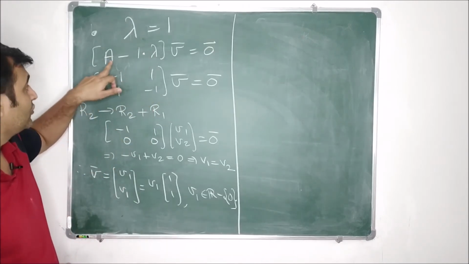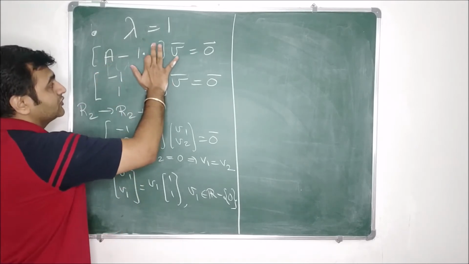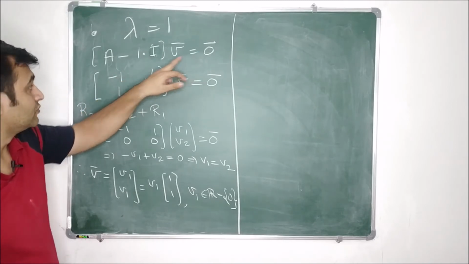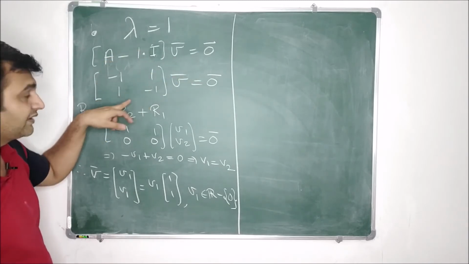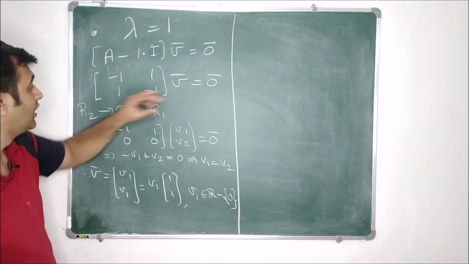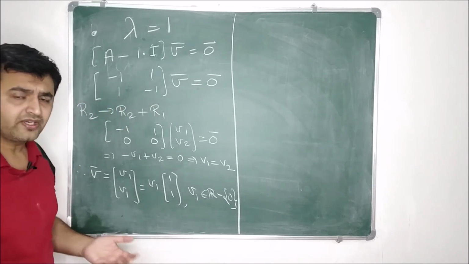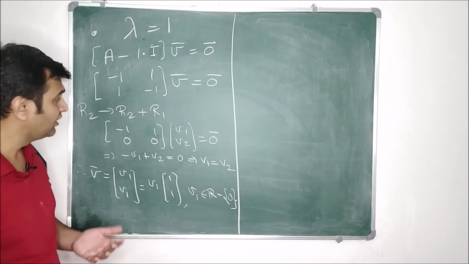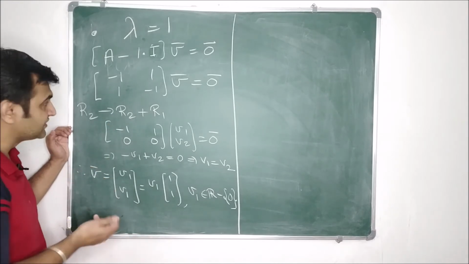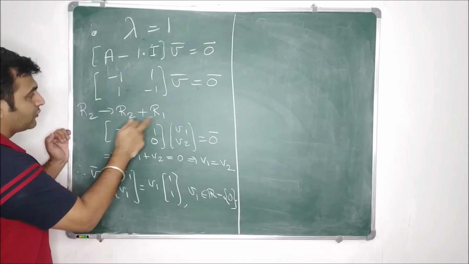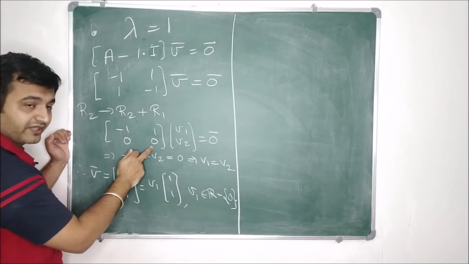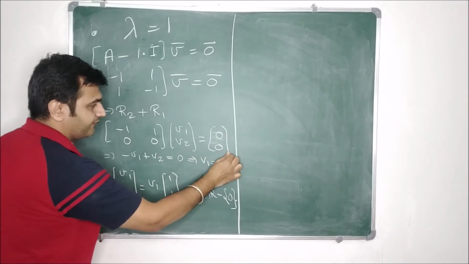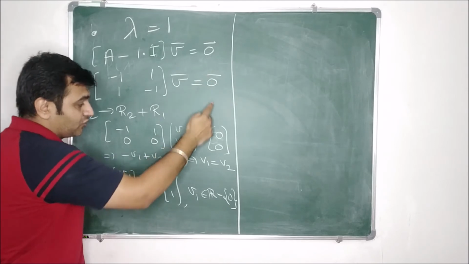Now for this you solve (A minus lambda I) v bar equal to 0. Okay, so what is lambda? Lambda is 1. So you solve this, A minus I, into v bar equal to 0. Once you reach till here, you apply your elementary row operations or column operations, whatever you are comfortable with. I usually play with row operations. So you do R2 changes to R2 plus R1. So when I do that, my second row becomes 0. This 0 bar means what? What is the 0 vector for R2? It is (0, 0). So here it is 0 bar, 0 bar, 0 bar.